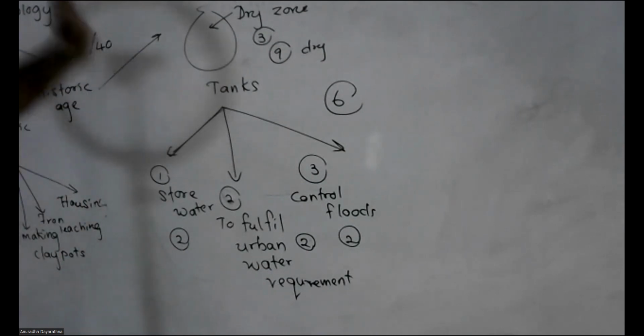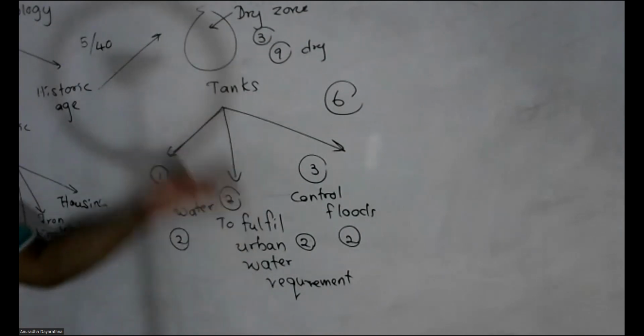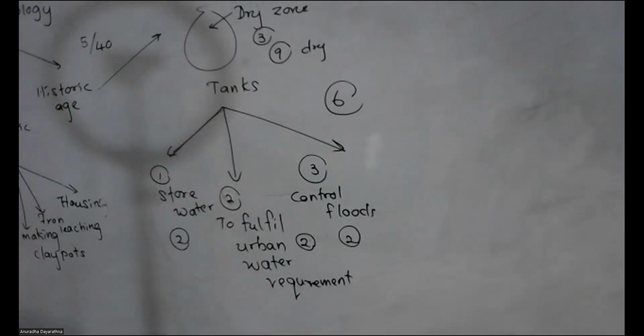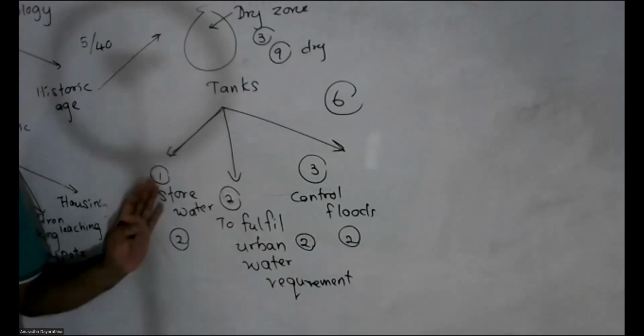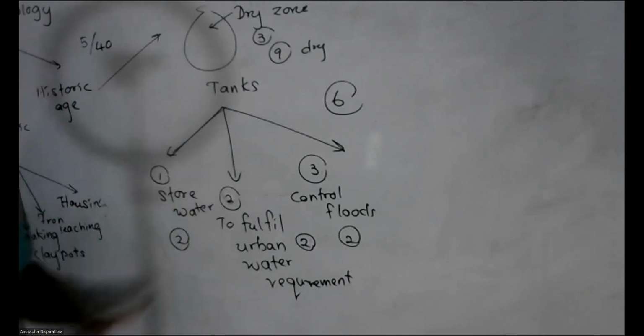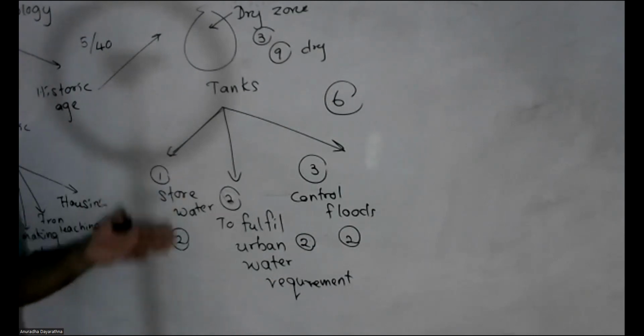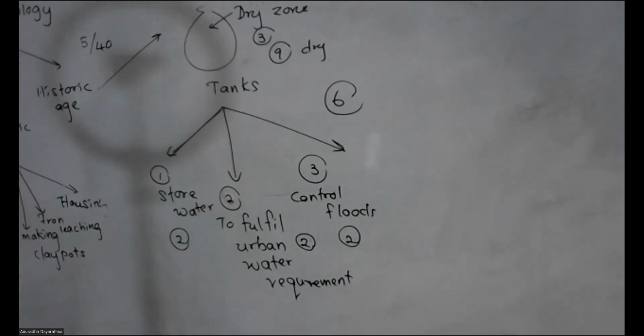However, now this is one question that can be given. What is the question? Explain the objectives of constructing tanks. Each topic should have only 1 paragraph, so 3 paragraphs here you are writing. That means you have to write 3 paragraphs under each heading, 1 paragraph of 6 to 8 lines, to support your heading. You have to give examples and you have to give an explanation.